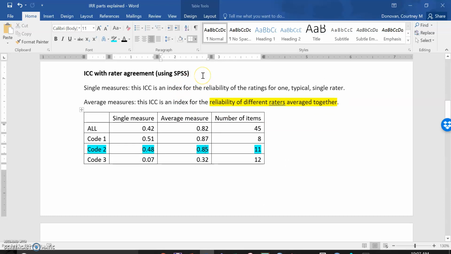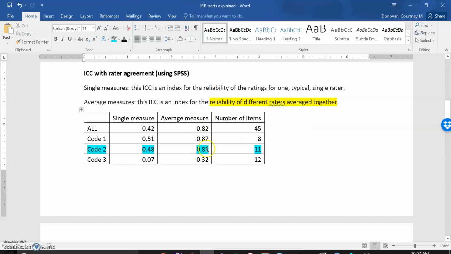Then we're going to get into ICC. When we talk about ICC, we're going to be looking at the average measure column. This is the reliability of the different raters averaged together. And so we see the same thing. This is just, do the raters agree with each other? Correct answer is not there. So if the raters are agreeing, that is now the correct answer, and any rater who's not agreeing with the whole is considered incorrect. And we're seeing a 0.85 correlation, so a strong correlation,